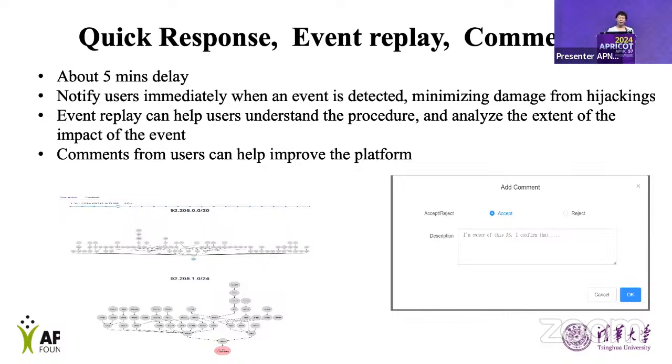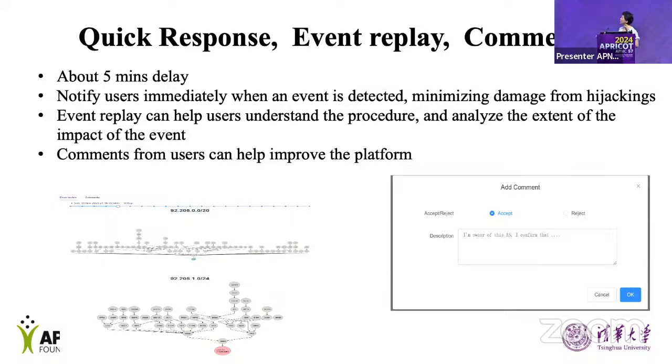And the platform can respond quickly, and it can notify users by email. And we have an event replay function in which you can see the procedure of the events. We hope users can know more about the events.